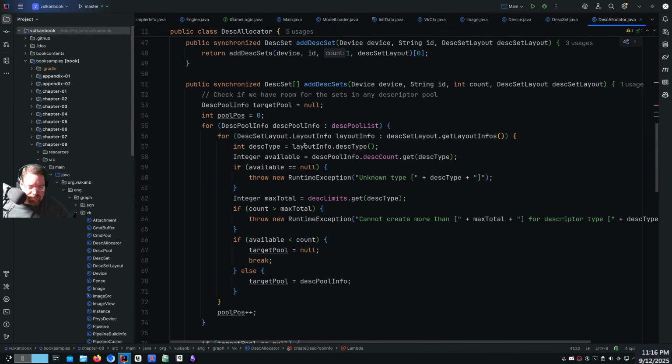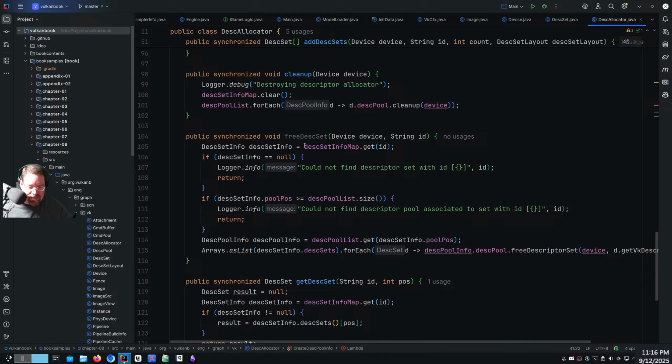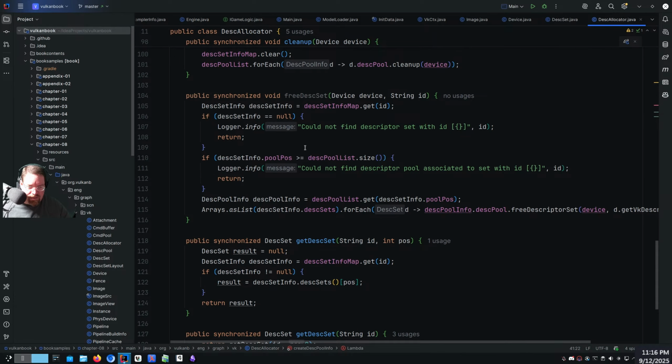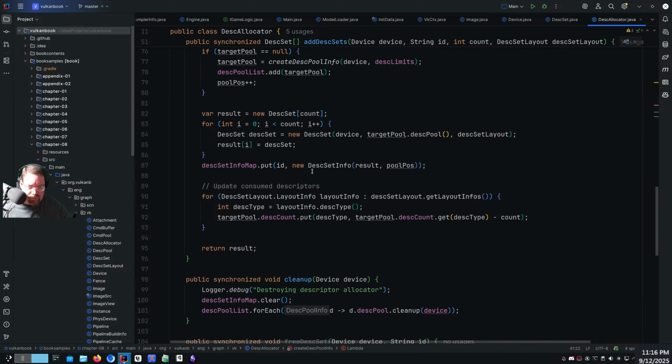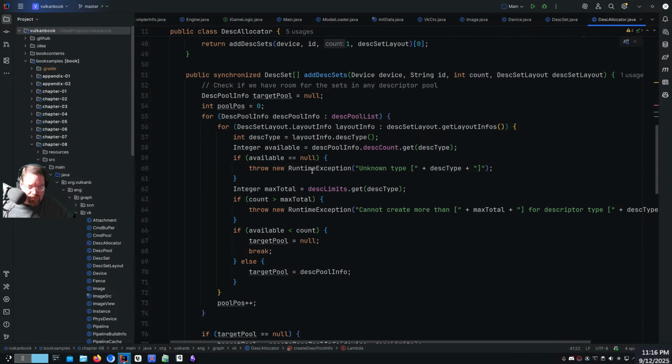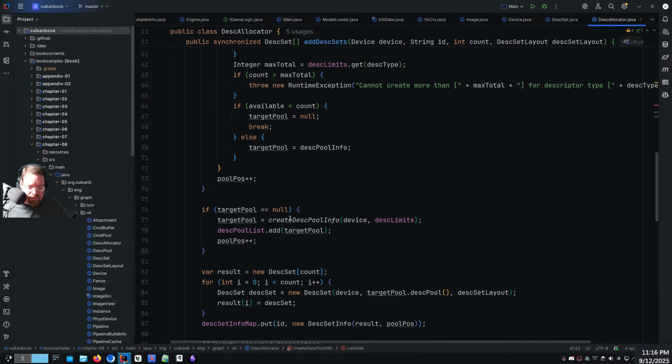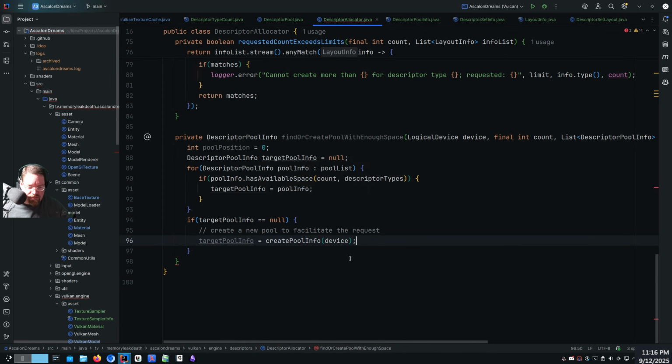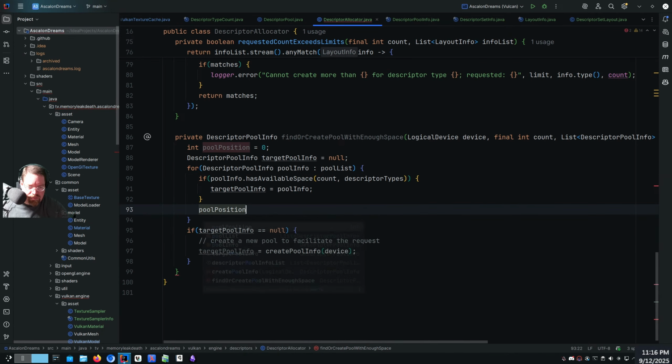Yeah, that needs to be the way they have it there. All right. So, and we're adding the target pool to the list and then incrementing the pool position here. So let's do, and then,